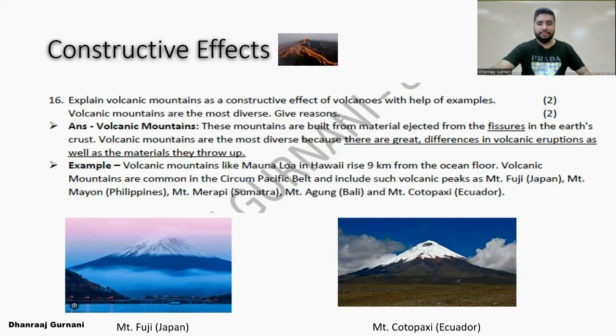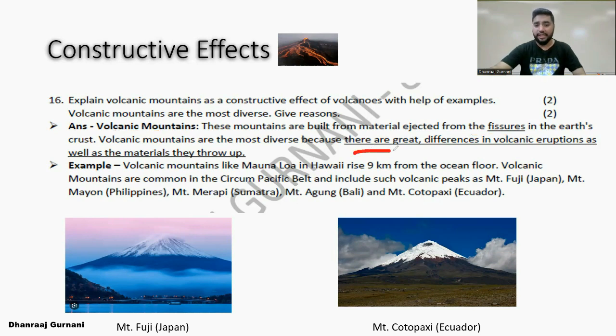Let's see the answer. These volcanic mountains are built from materials which are ejected from fissures. When lava comes out, it will cool and solidify and form volcanic mountains. So volcanic mountains are built from materials which are ejected from fissures in the Earth's crust. Volcanic mountains are the most diverse because here it is